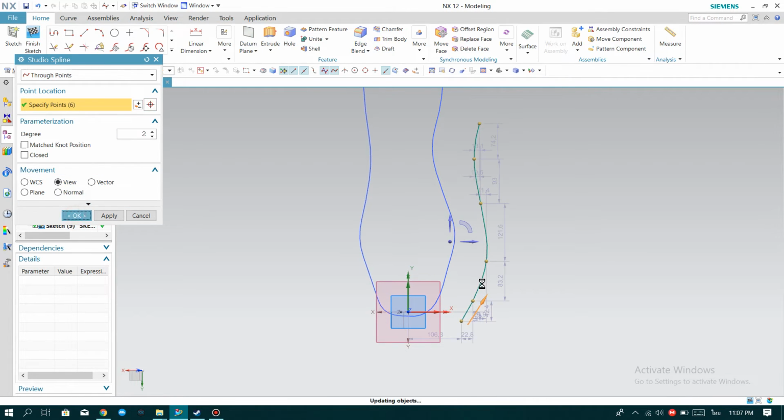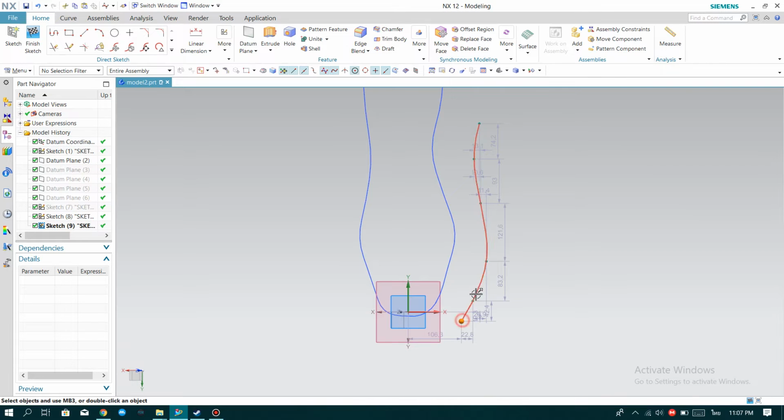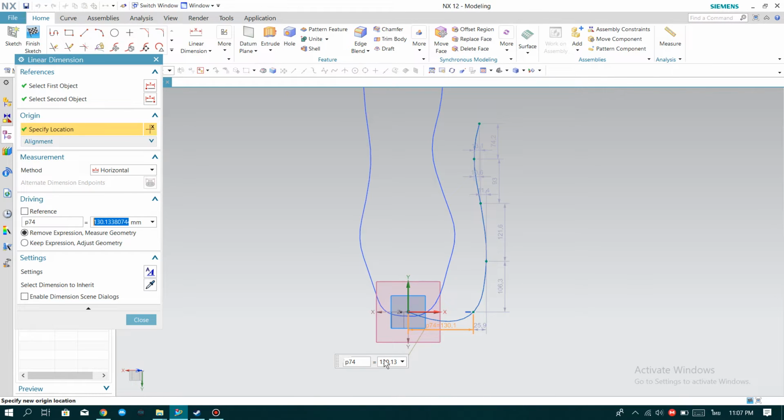Okay, and then click OK and make this and this to the same point, and this point and this point should be the horizontal, and this diameter is, and the next step is set this dimension 16.5,